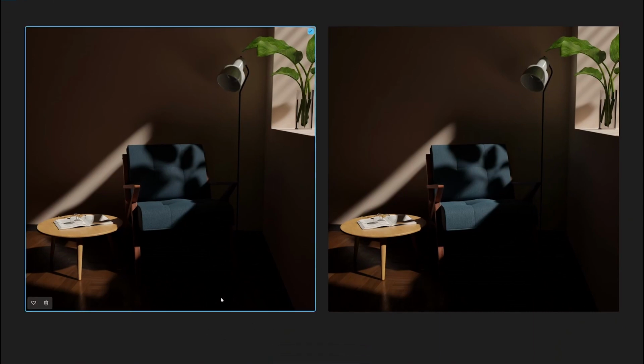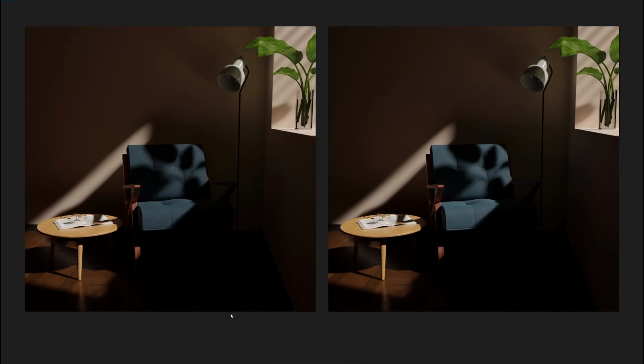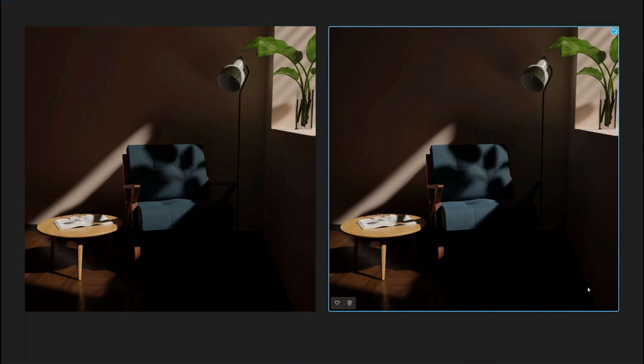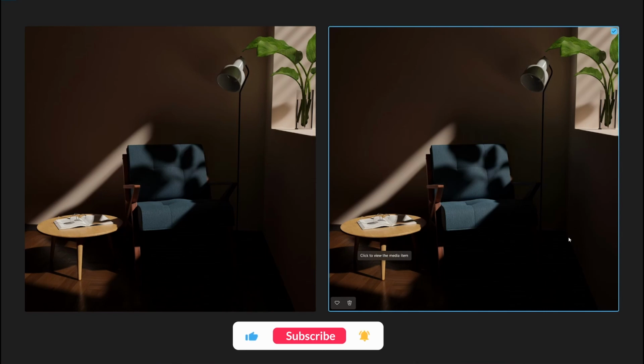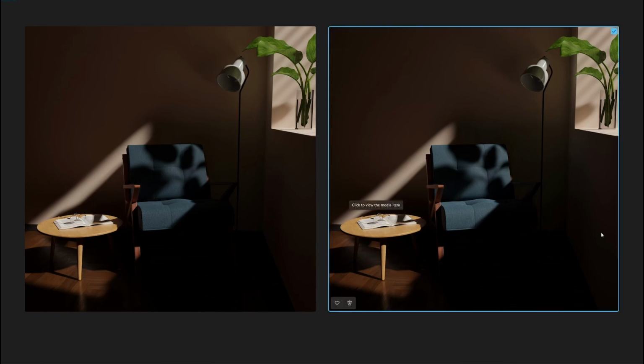So this one, the image on the left, is with the wall and the ceiling, and this one is without. At first glance, you might not see the difference, but if you pay close attention to this area in the corner, for example, this is basically the darkest part of the image because the light coming from the window is directly above it, and there's nothing here that the light would bounce